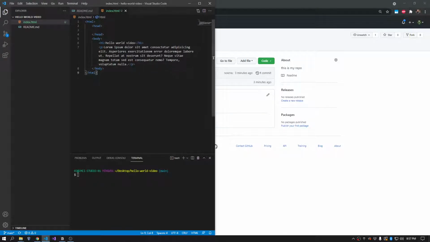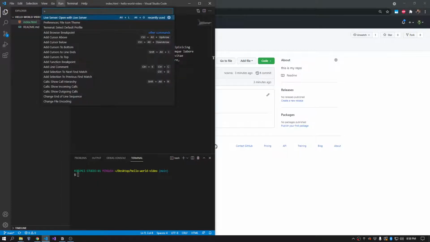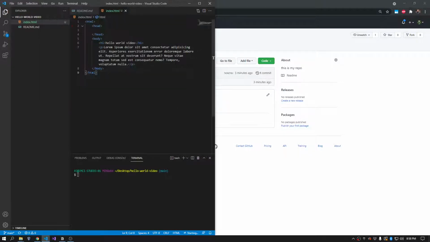Let's say we want to actually check this before we do anything with it in our repo. So we know this is an HTML file. We want to test it in our live server. So let me open up live server. So I did Command or Control Shift P on Windows, and I'm going to go to live server,